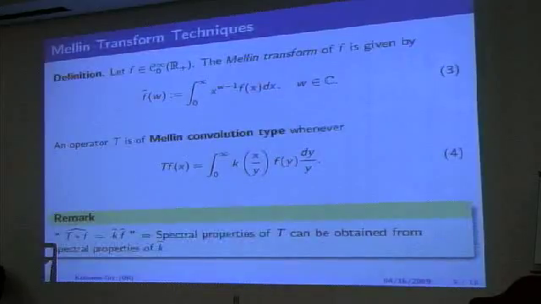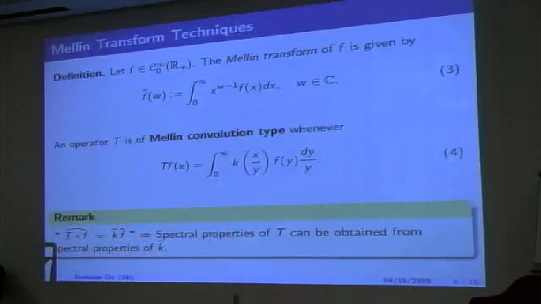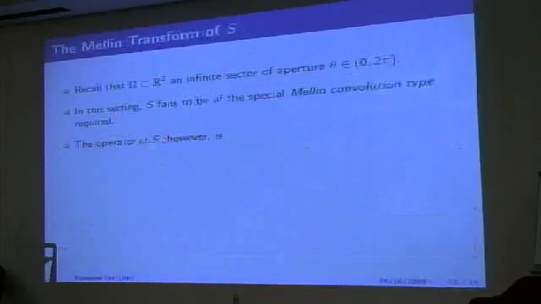Now why is this interesting to us? Well, in the case when we have this nice Mellin convolution type operator, and we look at the operator acting on a function on the Mellin side, just similar to how a Fourier transform acts, it's going to pull apart the convolution as a multiplication on the transform side. So we're going to be examining spectral properties of the operator by looking on the Mellin transform side, and then we can focus on looking at spectral properties of this kernel function little k. Just kind of an overview of the idea behind this.